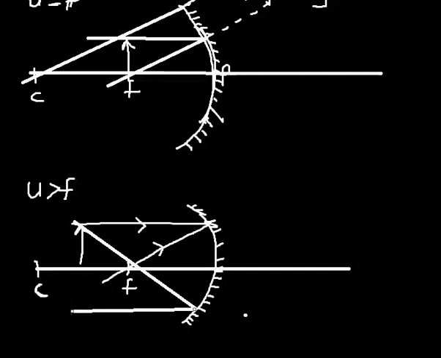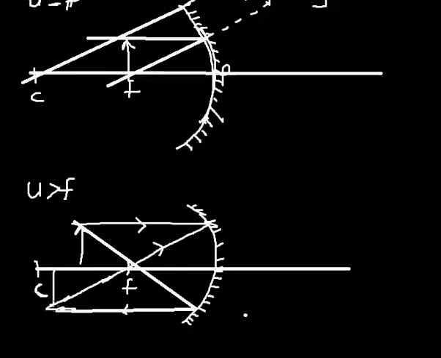It is where these two reflected rays intersect that I will form my image. As you can see now, this image is formed